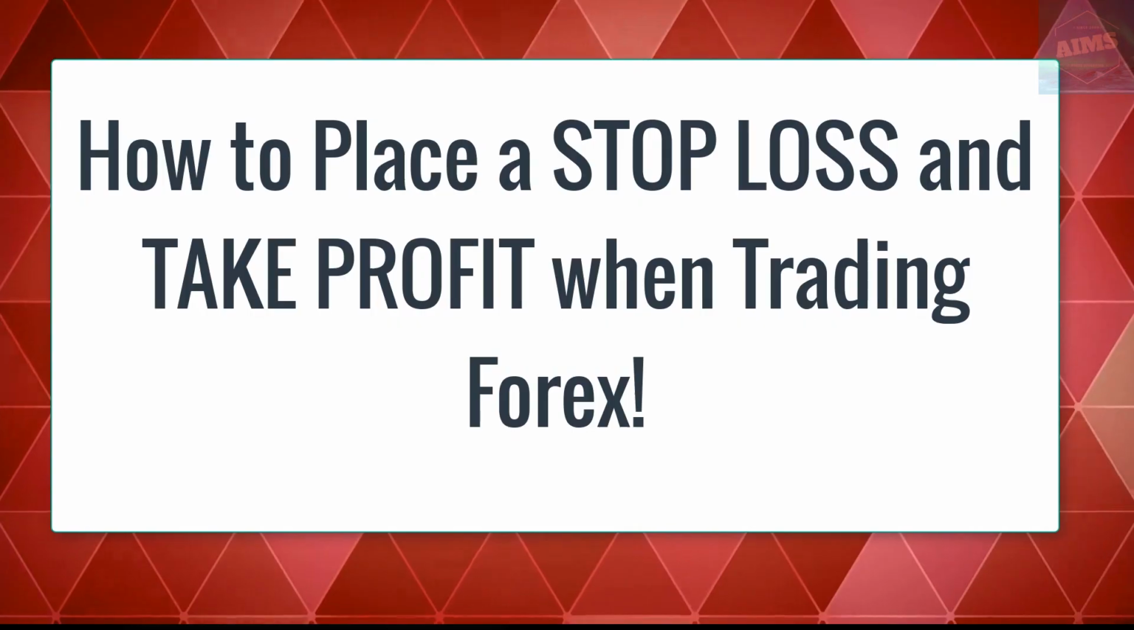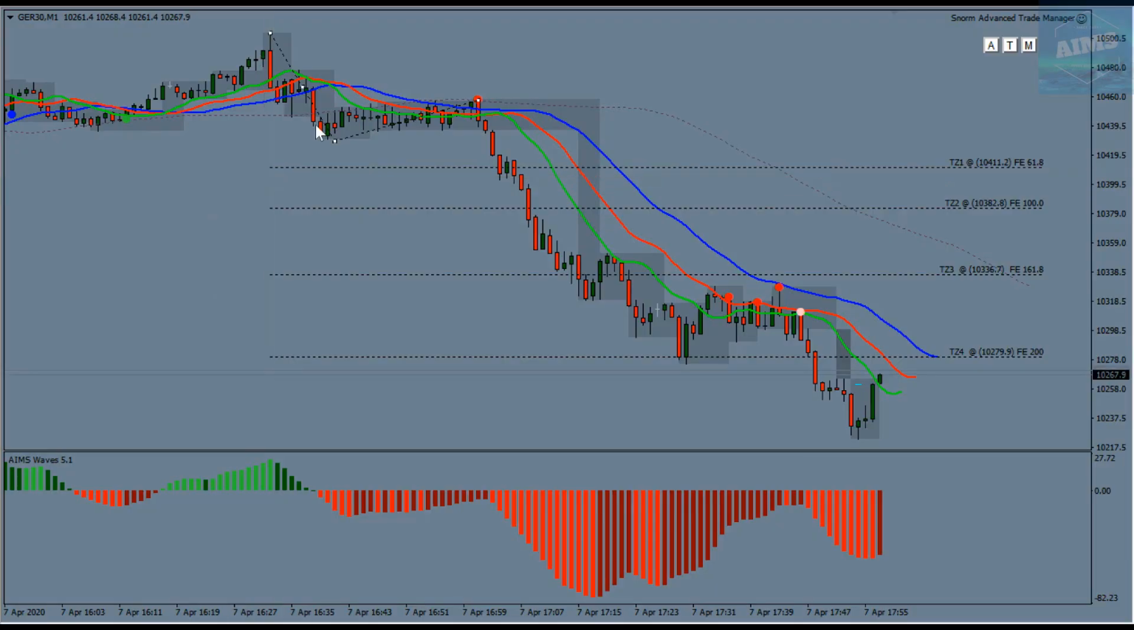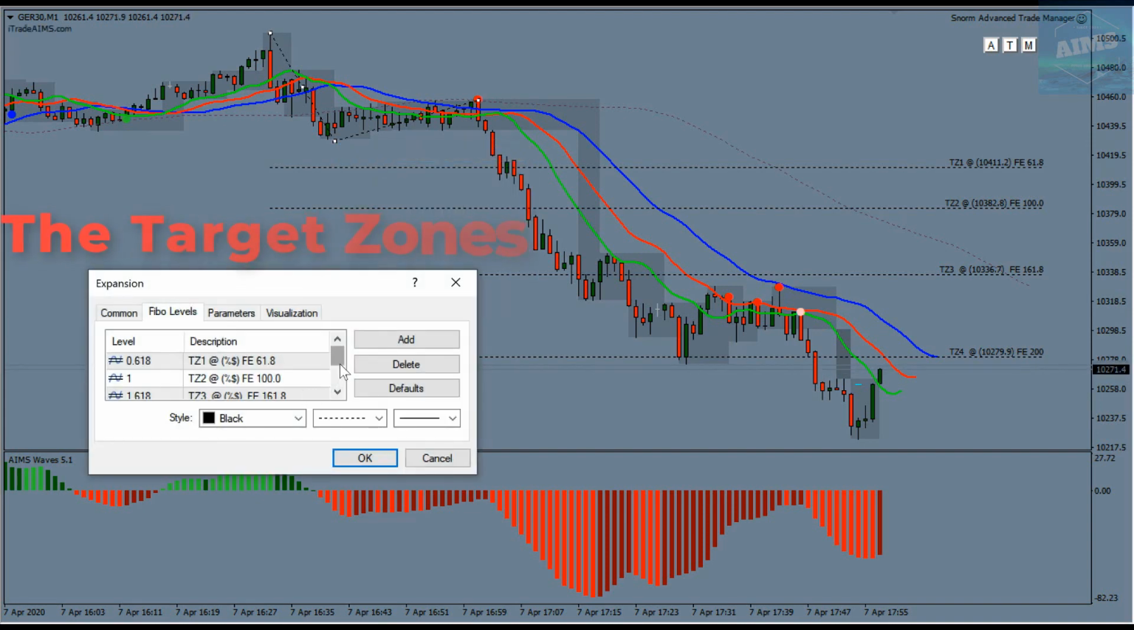Yo, yo, yo, look at this. Wave 1, wave 2. And if you have these settings on, you can copy these. 0.618 is the 61.8 or 62% target zone 1. 100% is target zone 2. 1.62 is the target zone 3, which is the initial, or where the start of wave 3 is, like the